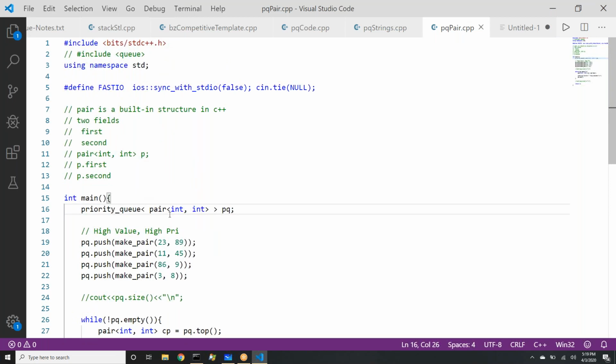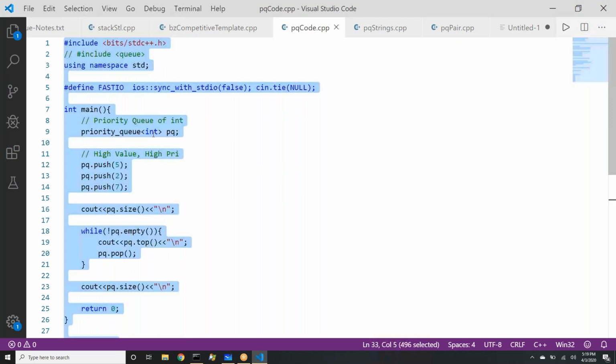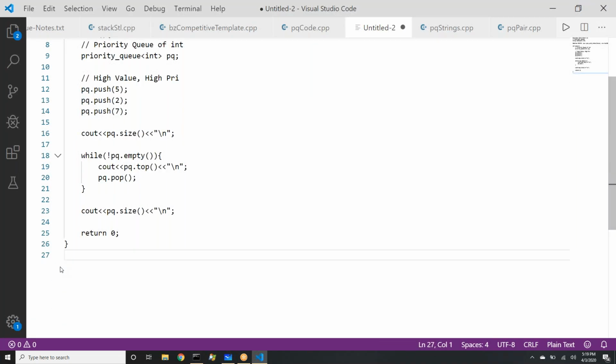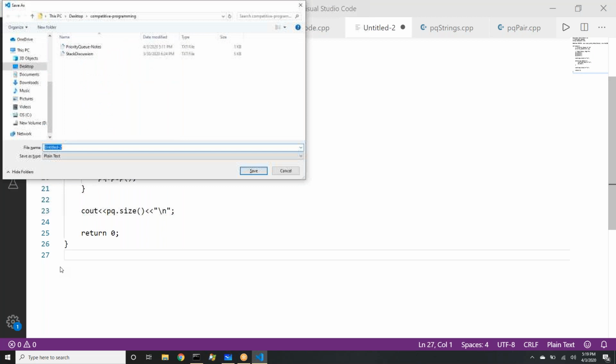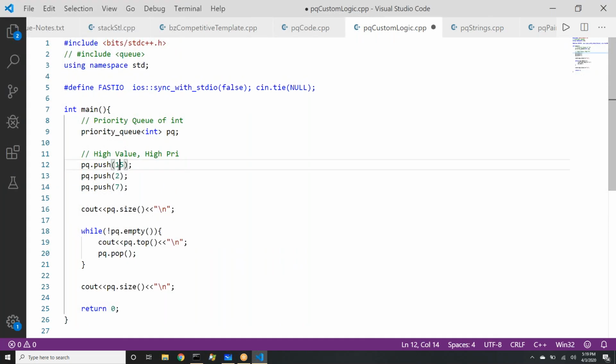Yeah. So now coming to the syntax where you asked, I want a custom priority queue. When I say custom priority queue, let's go back to int once again, because once we are able to develop the skill with int, applying it to other categories of elements will not be a big deal. So I'm putting the same int priority queue code in a new file, and I'll call it pq custom logic. Okay, why I say custom logic, I'll tell you. Let's say if I put 3 elements in the priority queue, 20 and 7987.